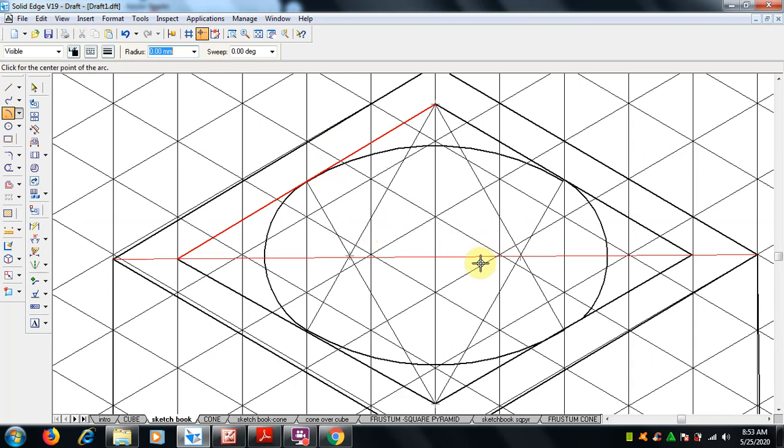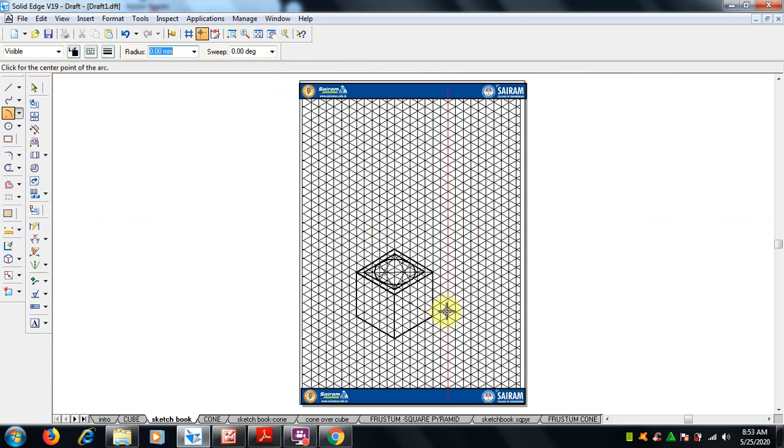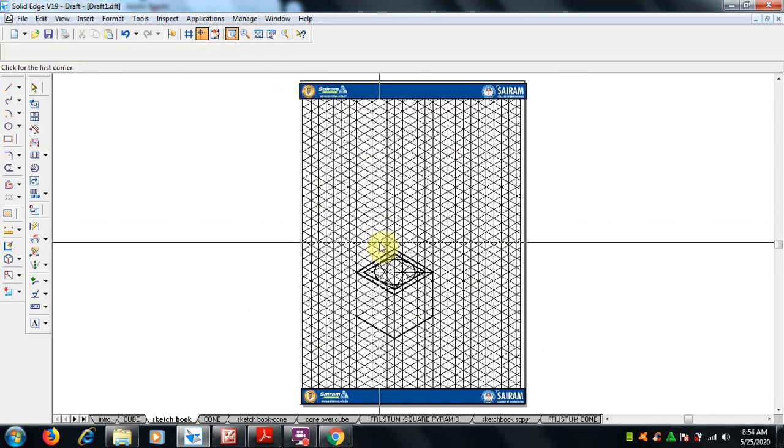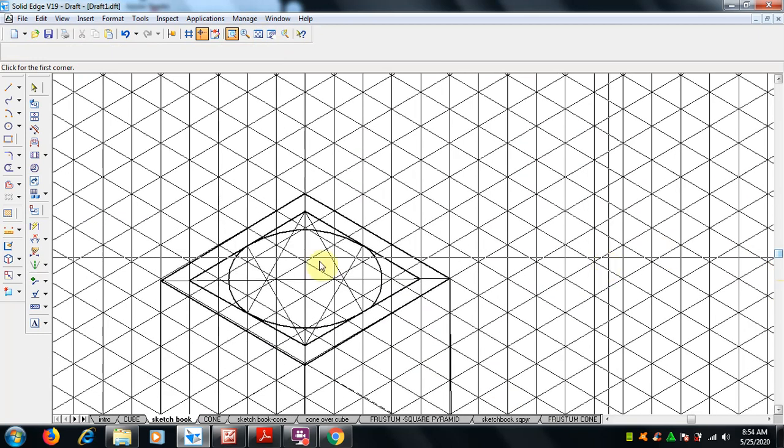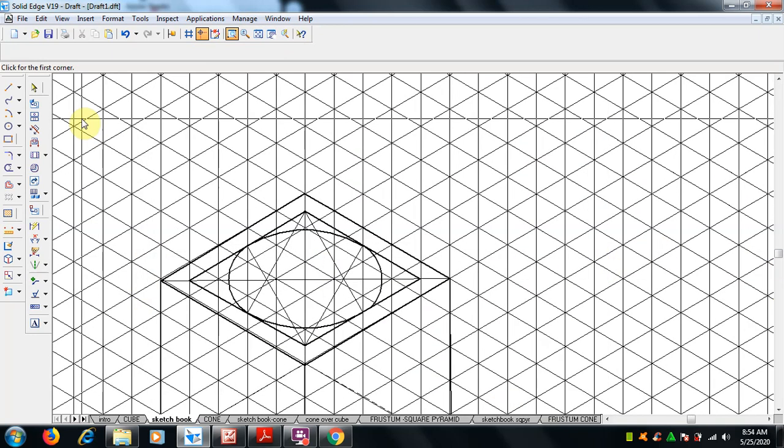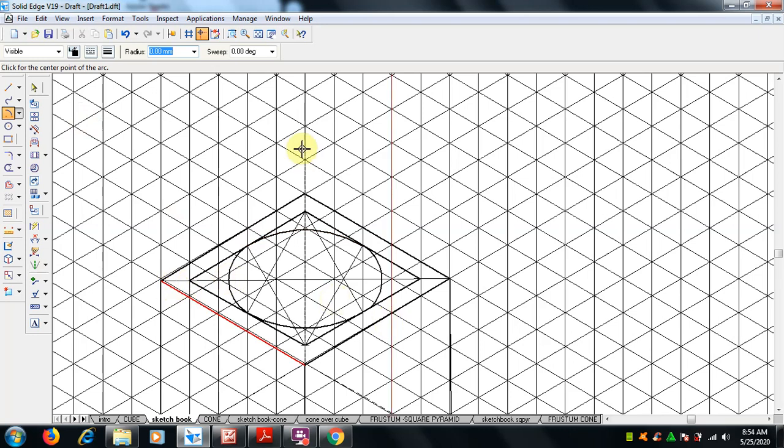And now what is the height given? So the base we have done, and for this the center point is from this diagonal to this diagonal. I hope this will be the center point. So what is the total height of this cone?